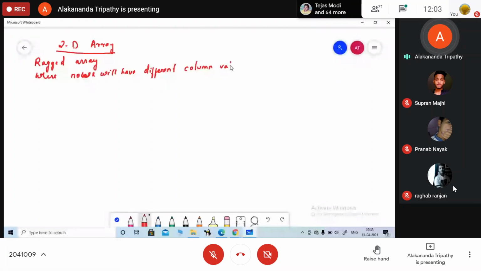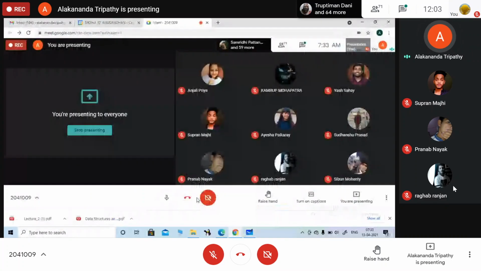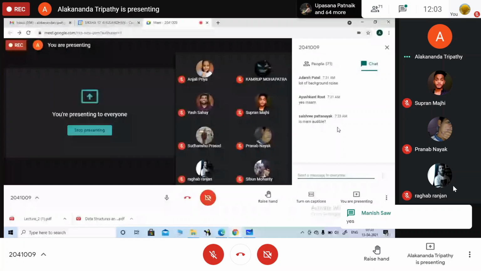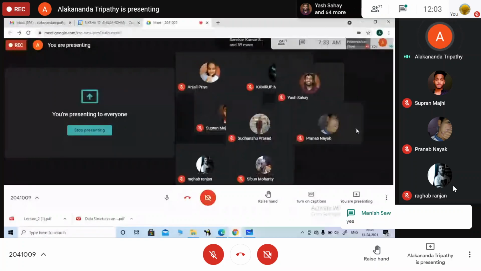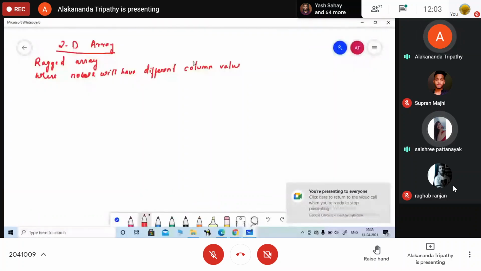Okay, here the rows will have different column values. Someone is saying something. Saisri, I'm not audible to you. It's my connection. Okay, so a ragged array is an array where the rows will have different number of columns.